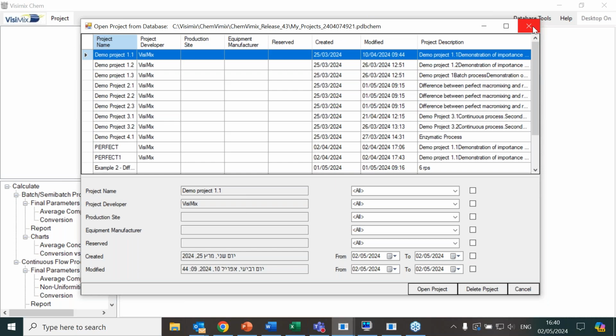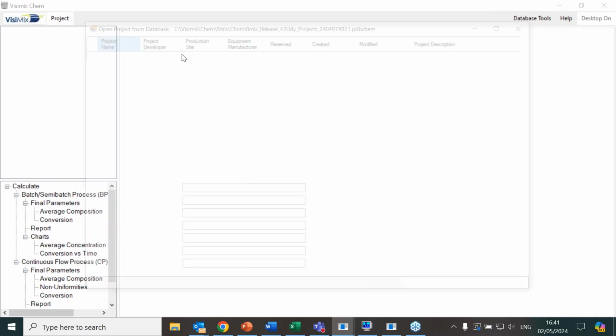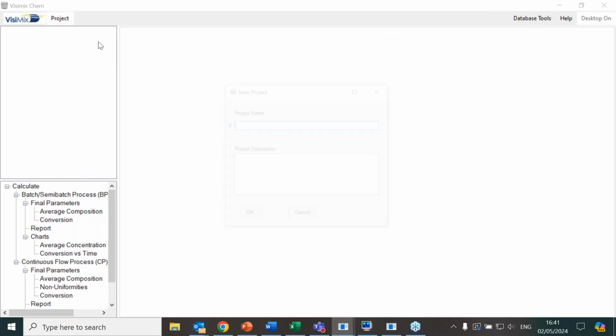Of course, this data is ready. You can open and you can see all. Now, when I click project open, I can select, for instance, demo 1.1 and compare, okay? Or demo 1.2 is the same, but with a different velocity, or with a different solvent, and the third is the same, but with a different velocity. What I will do, instead of retrieving from the database, I will click new,